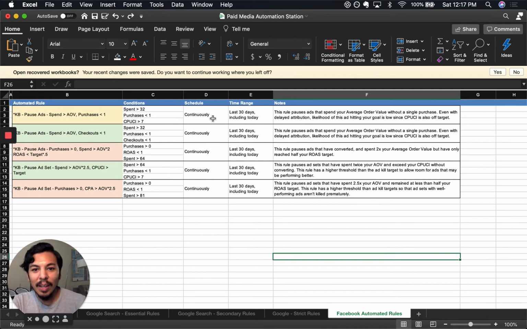And in most cases, I find that their conversion tracking tends to sync back to the platform a little more quickly. That being said, if you find out that you have significant conversion delay, you'll probably want to figure out a target to bake that into your system, or use maybe a slightly more lenient schedule than continuously, or even bake it into your numbers right here. So that's a topic for a different video, but just to give you a quick example, conversion delay does tend